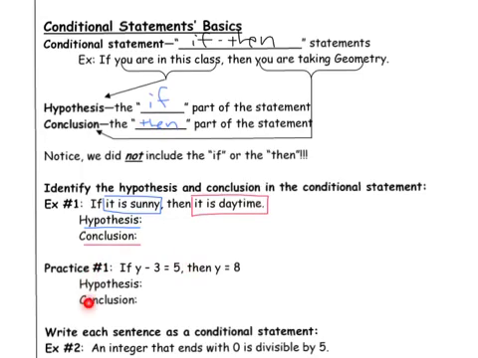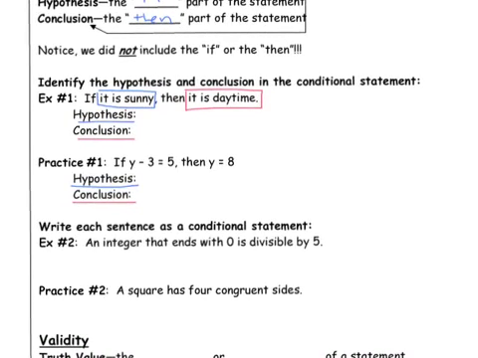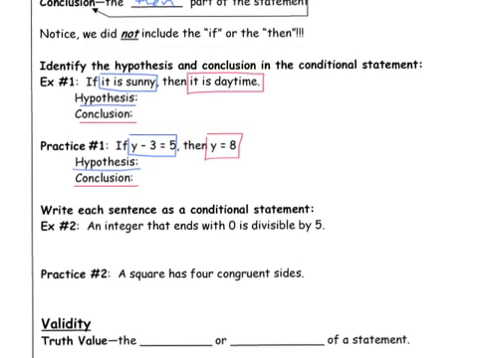So, once you guys identify the hypothesis and the conclusion for, if y minus 3 equals 5, then y equals 8, you should be able to do it rather quickly. So I'm going to go ahead and put the answer up, see if you figured it out. You should have said that y minus 3 equals 5 is the hypothesis, and the conclusion is just y equals 8. Do not include the if and the then, because later on as we start to switch things up, you're going to need to know to leave the if and the then in the same order. Okay,